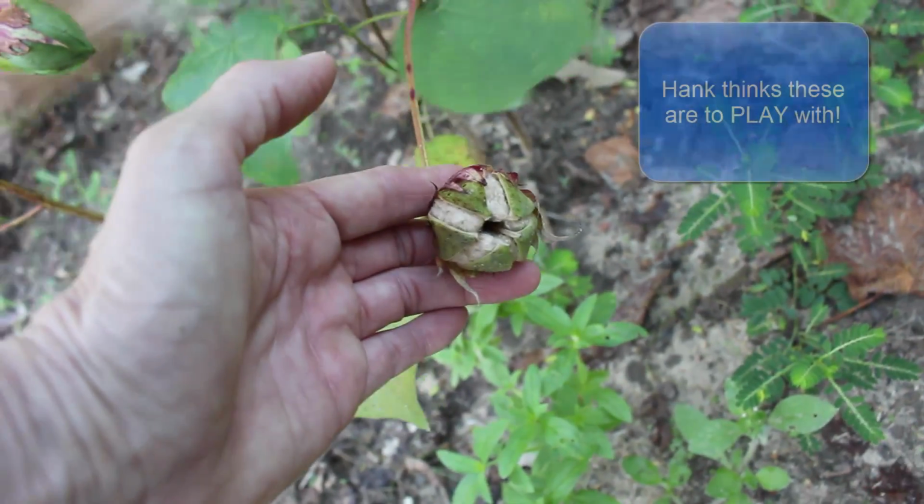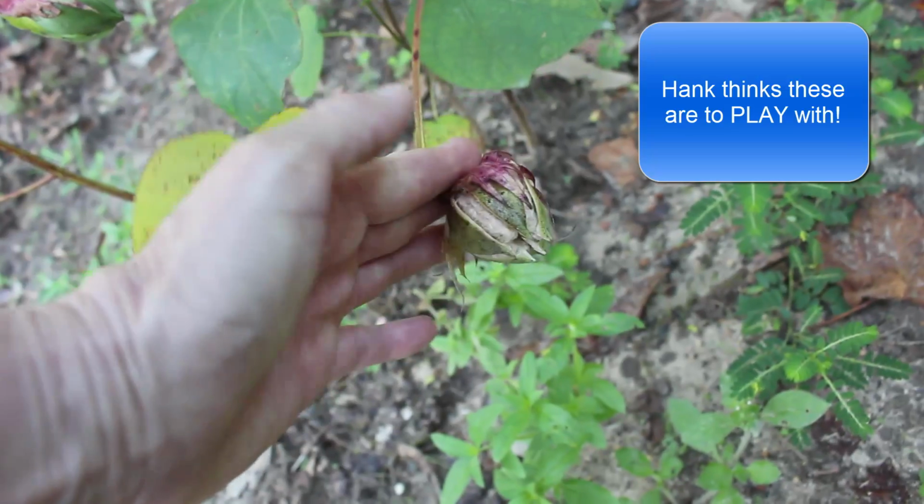Look at this one. It is opening up and it will be dry in a couple of days. I'm not sure what his problem is, but look,